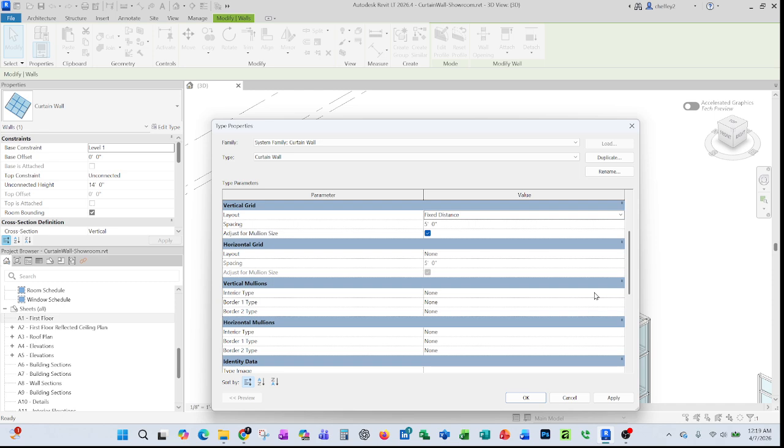You can have a fixed distance, and it defaulted to 5. You can change that. Fixed number, a max spacing. So this would be helpful if you're doing a storefront and you want the spacing to be 8 feet vertically and 4 feet horizontally. You could set that up there. You have a minimum spacing, so you want the glazing to be at least 2 feet wide or whatever it is you want. This is how you would open up these curtain wall families and edit them and customize them